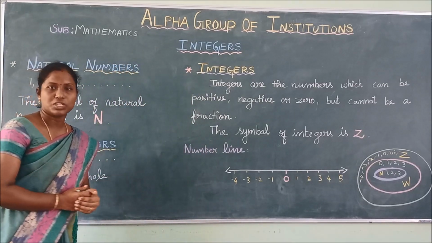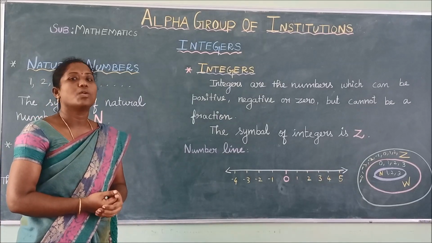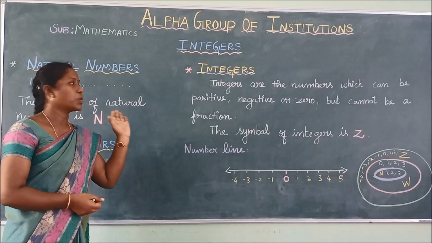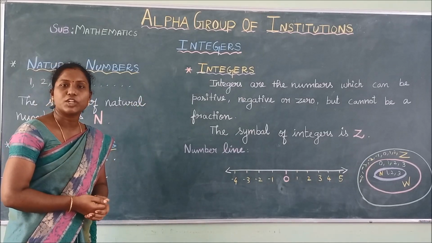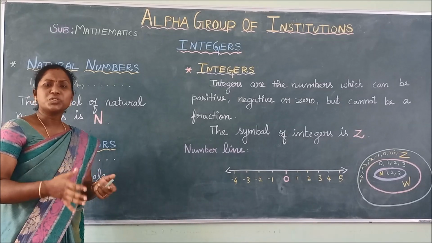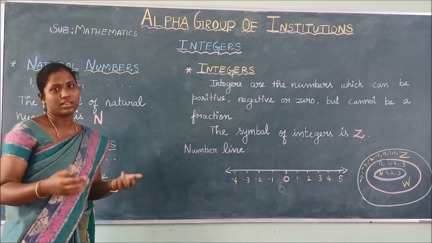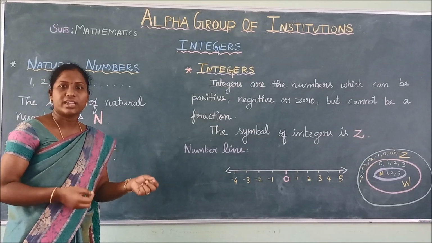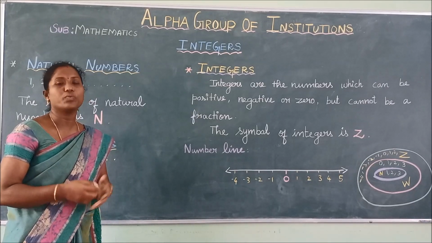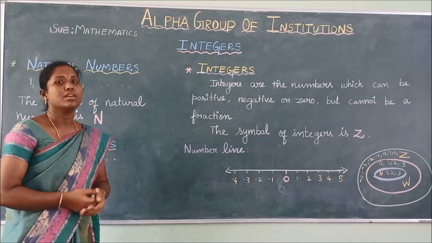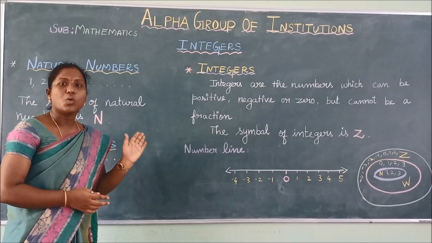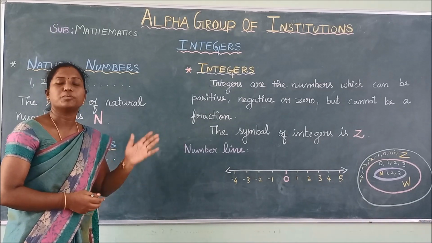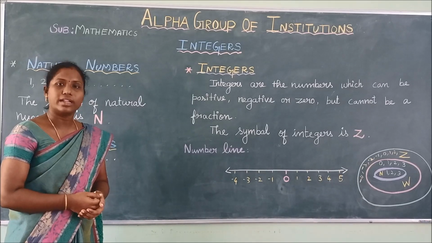What is a natural number, children? We all know that, isn't it? The numbers starting from 1, 2, 3 and going on up to infinity are called the set of natural numbers. In our day-to-day life, we come across natural numbers, isn't it? By seeing the time, or counting objects, or measuring anything, we are using natural numbers. So we are very familiar with them. The set of all positive numbers from 1, 2, 3 up to infinity is called the natural numbers.